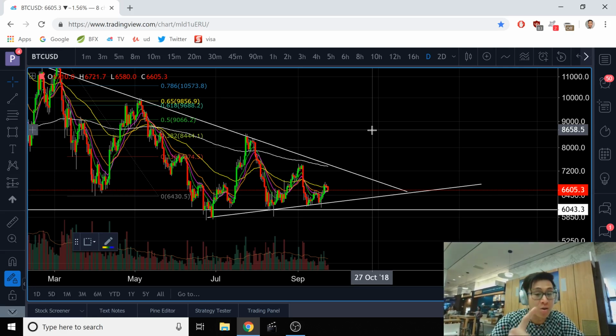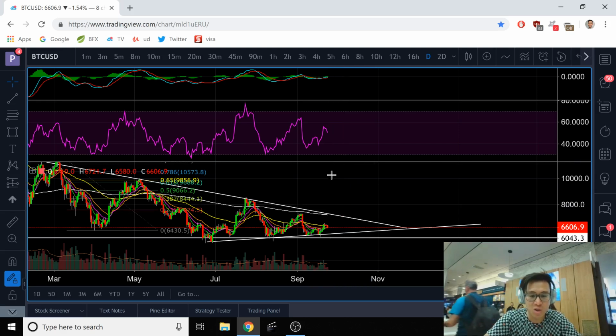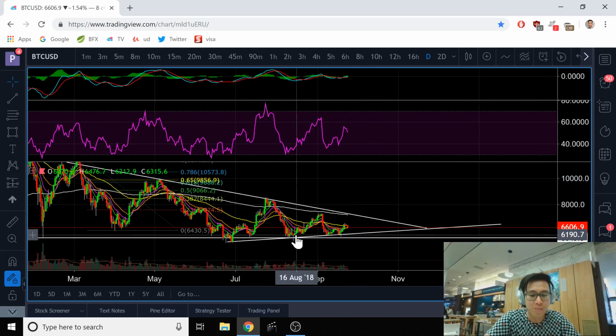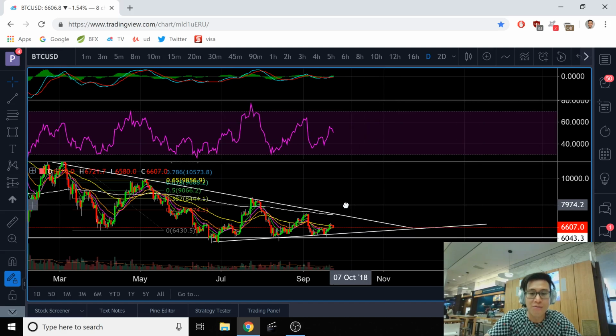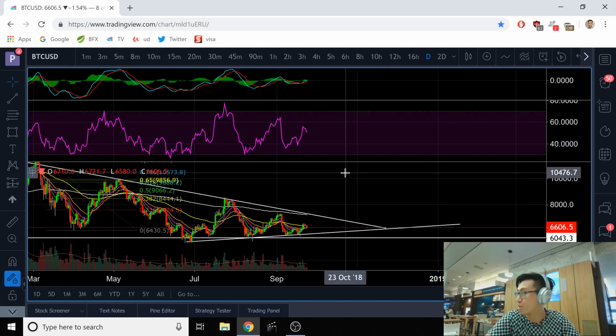One, check out your Fibonacci retracement. Actually, one is draw your trend lines. And then two, do your Fibonacci retracements to get a general idea of where it is hitting before it starts to downtrend. Now, let's take a look at as well just the strength in general, okay? If we compare these lows, one low, second low, and the third low right there, what we're finding is that after each low,